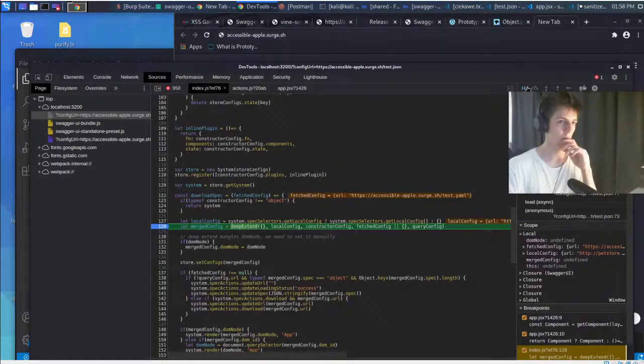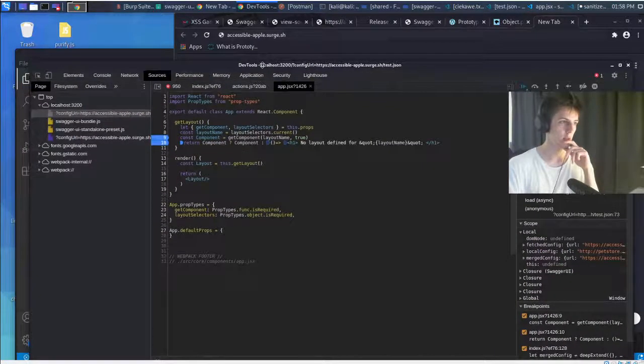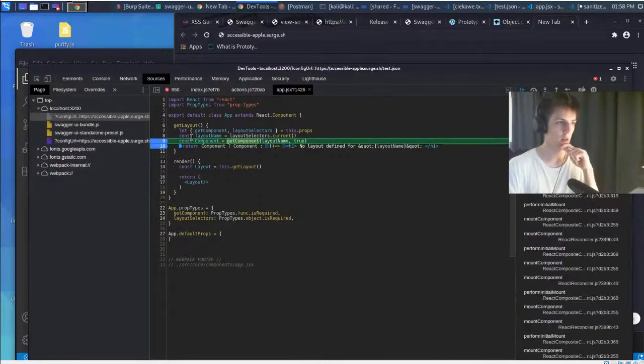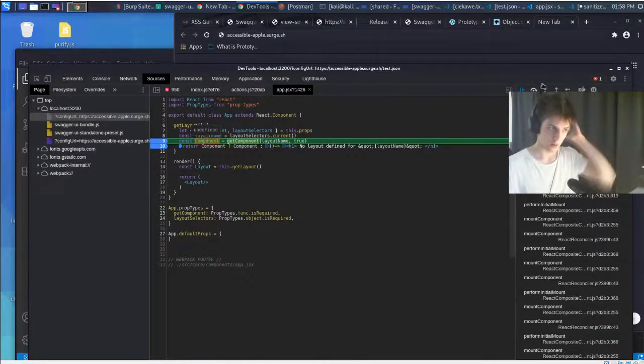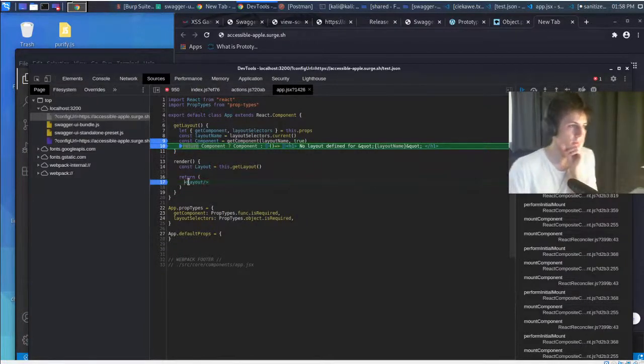Okay, so we go to the application. Okay, so what is a component? A component is actually a function. We'll return the component. But can it be like